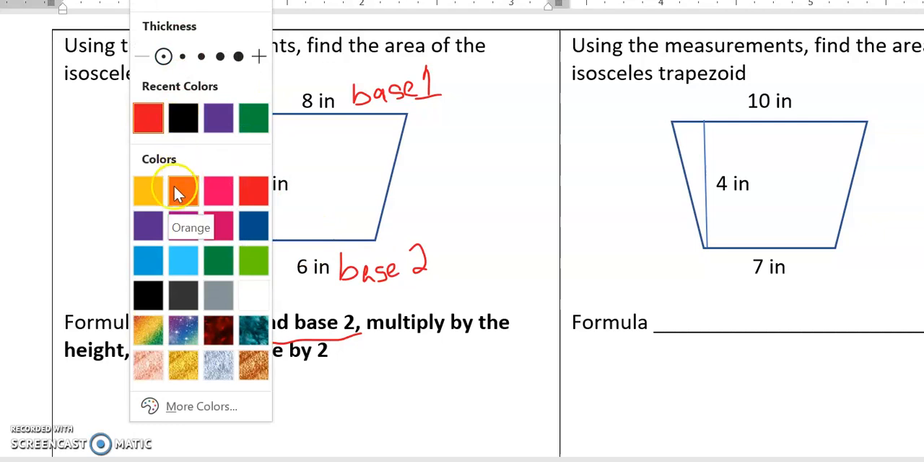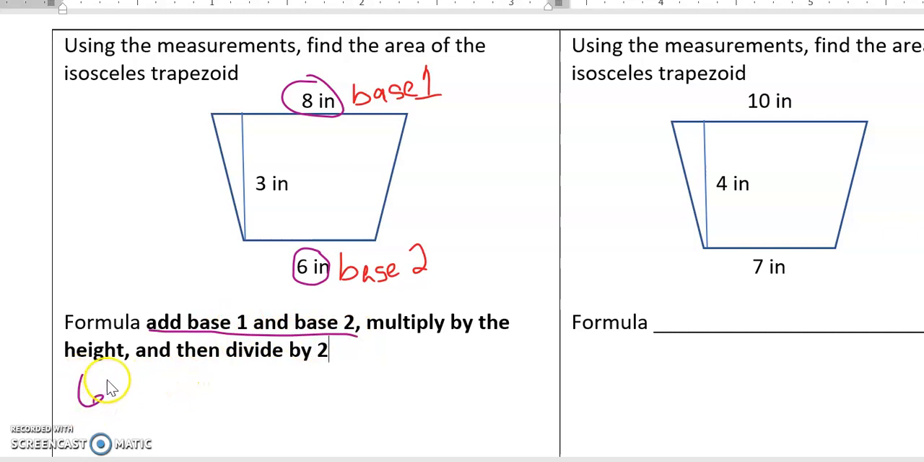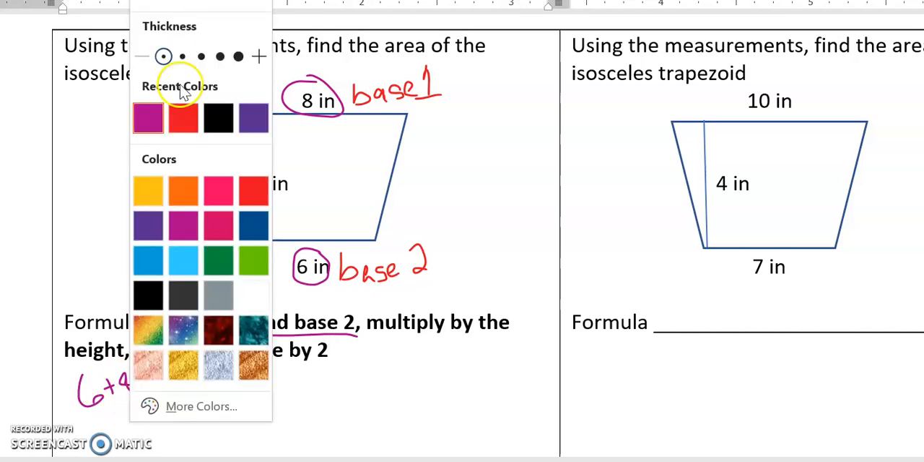Let me change the colors again. I'm going to make it purple. Add the bases. Let me go ahead and underline in the same color too. Add base 1 and base 2. So 6 plus 8 equals 14. The next thing that I said to do